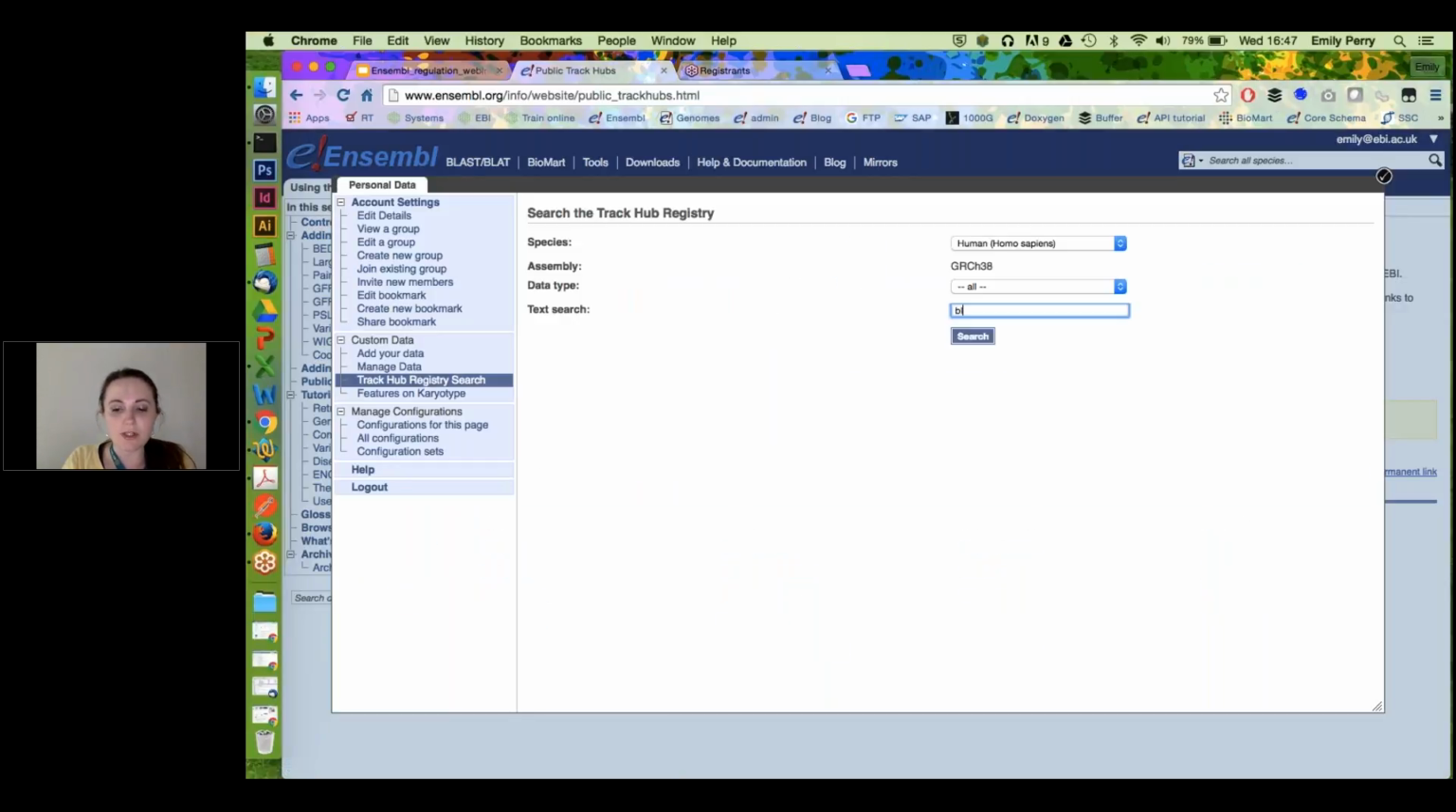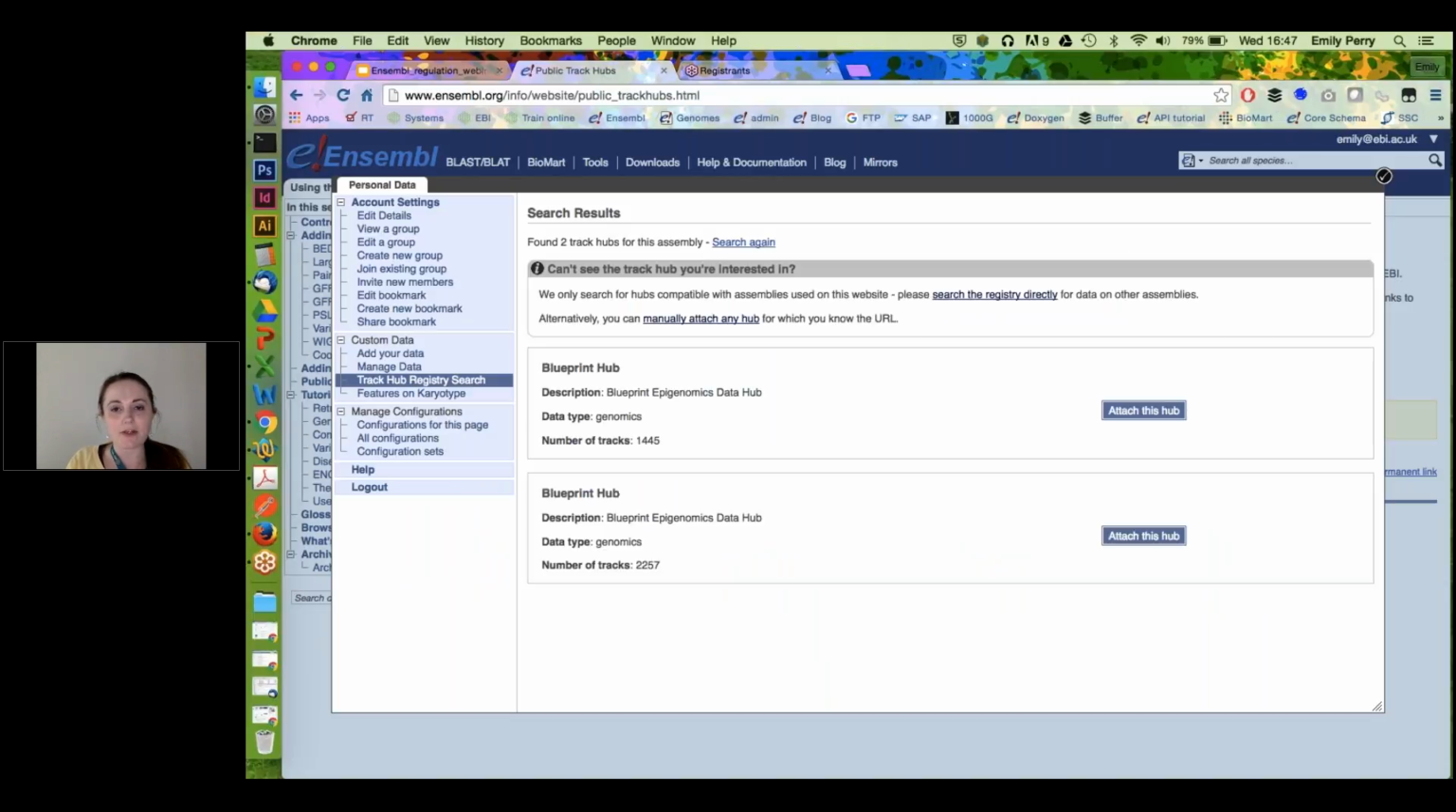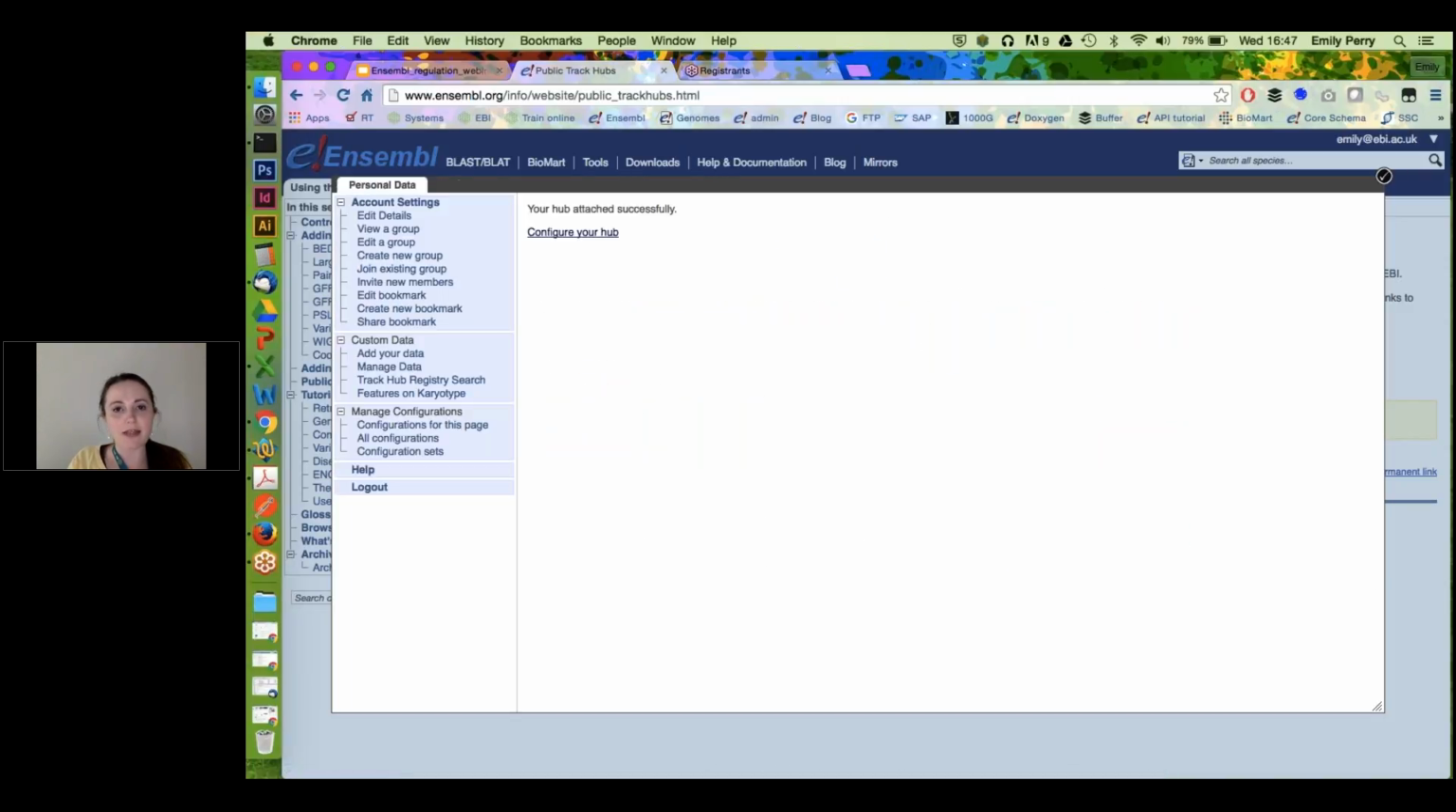And I'm going to do a simple text search for Blueprint. I'm going to do search, and it gives me 2 options of hubs. I'm going to pick the second one and say attach this hub. So this is data that is stored externally but can be shown in Ensembl. If I now hit, so it says your hub was attached successfully. If I hit configure your hub,